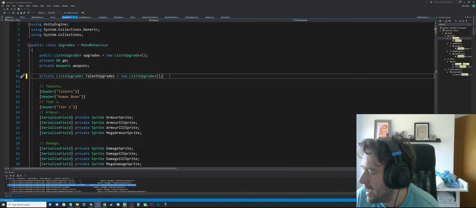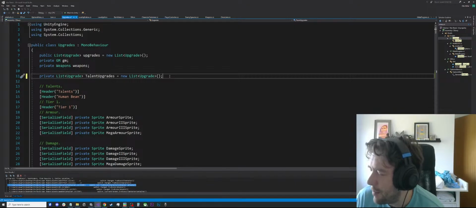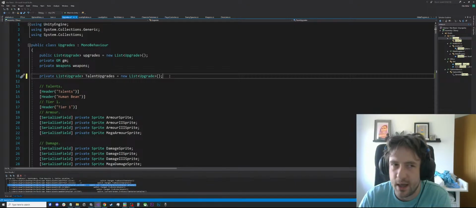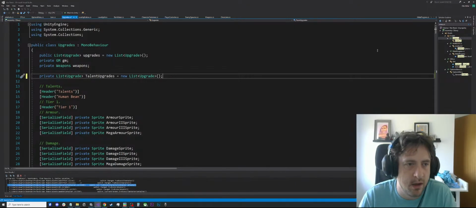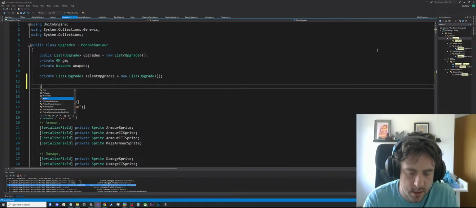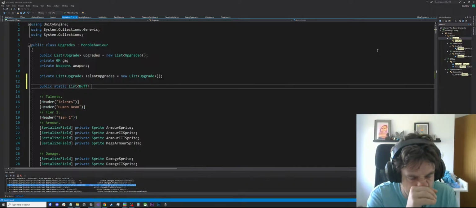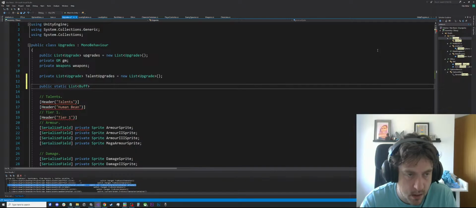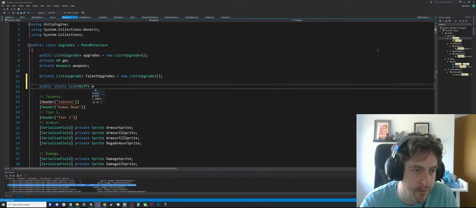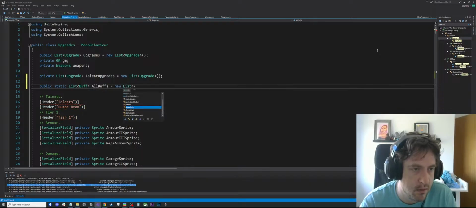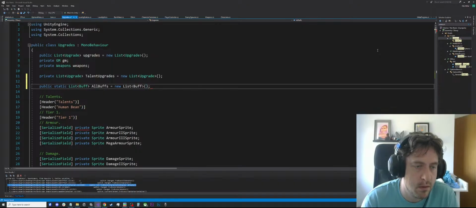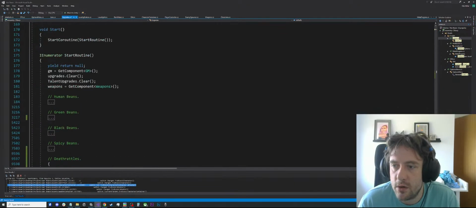We could do something like, get me all the weapons, and if they have a buff, then, so like, public static list of buff, weapon buff, all buffs, new list buff. And then we can do like